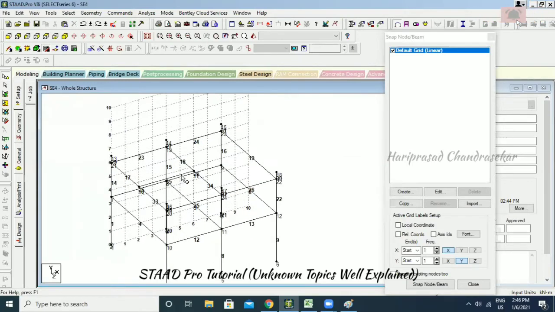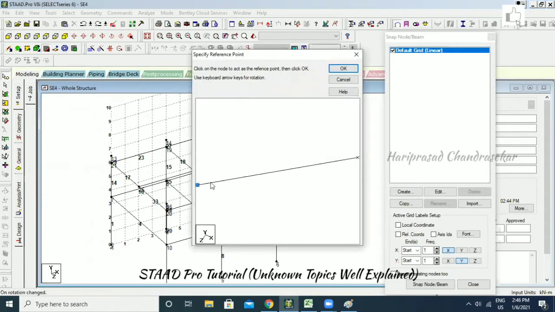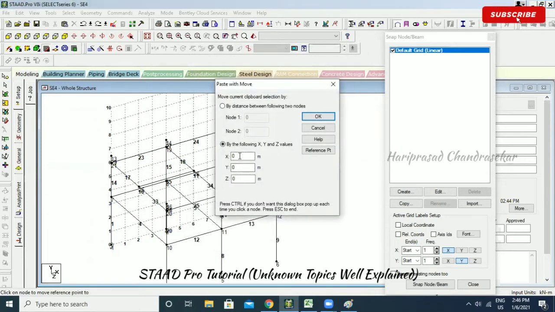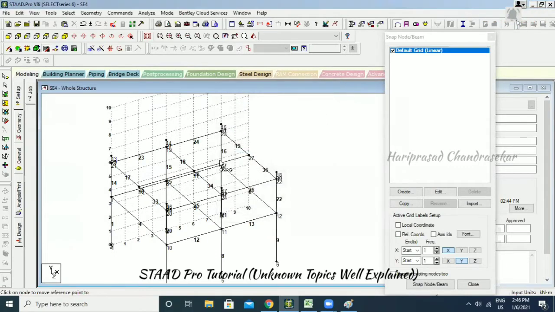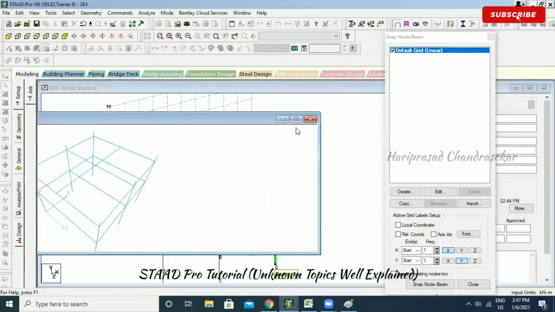So we've taken something else. Again, we can go for Control V, and you can go for reference point. So the reference point we can select. This point you need to select, and then you can just keep the X value. X value how much? 4 meter. No need to specify the coordinates. So the reference point we can specify directly. So now we got it. Can you see that now? Yeah. Okay, so you can just take a reference point.